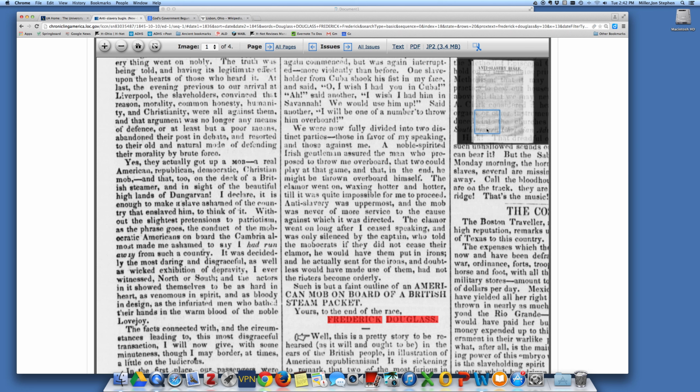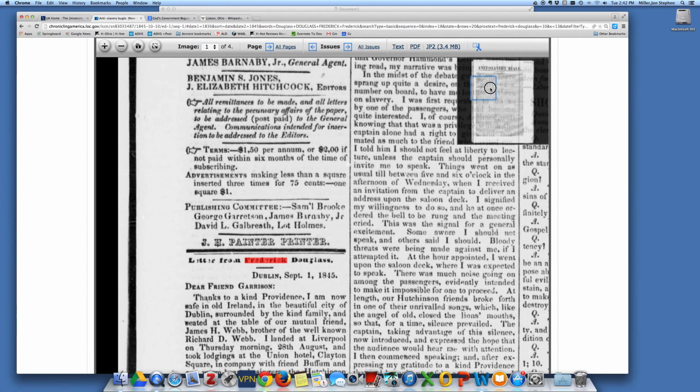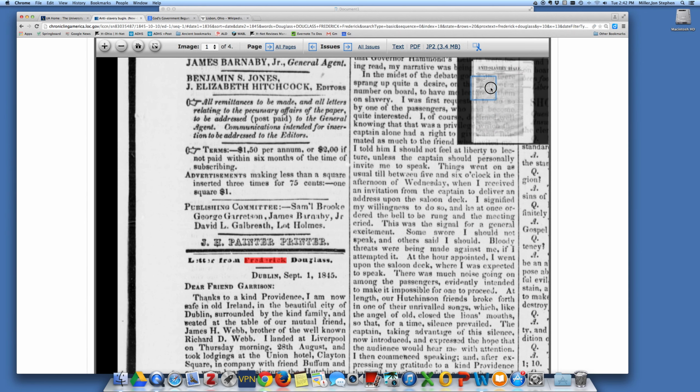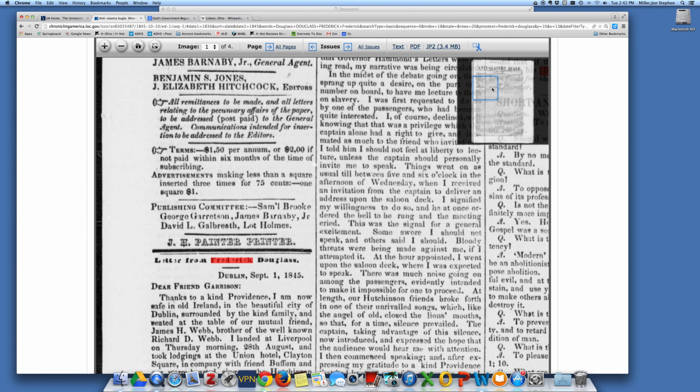Okay, so that's pretty interesting. This is a travel letter by Frederick Douglass. This would be, if somebody wanted to do an edition, if you find something like this, and you're like, oh, I think this is great. I liked reading this. I want to learn more about it. You could make an edition of this, and what you would do is you'd